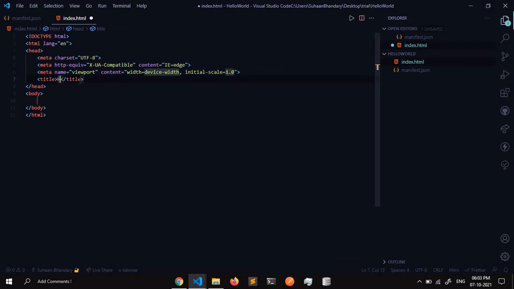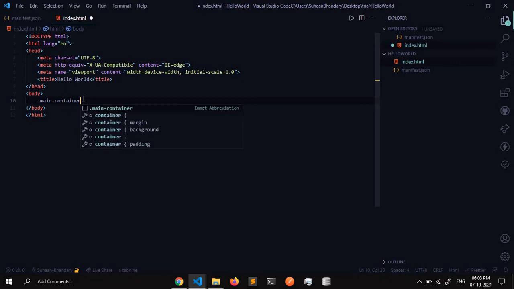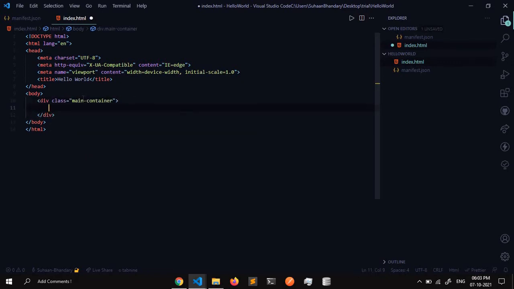I will give it hello world, and for the tag first we will give a main container div. You can directly give it or as you wish, but I prefer to give a main container div and everything inside it.